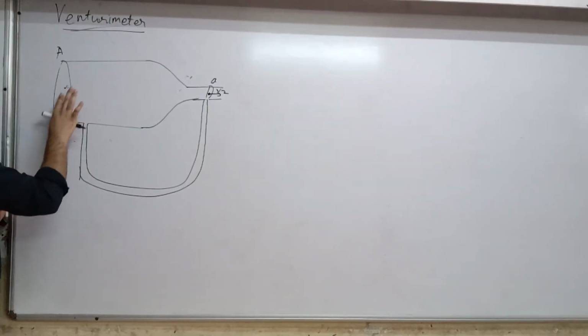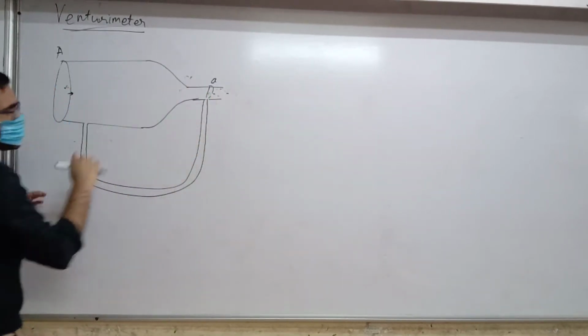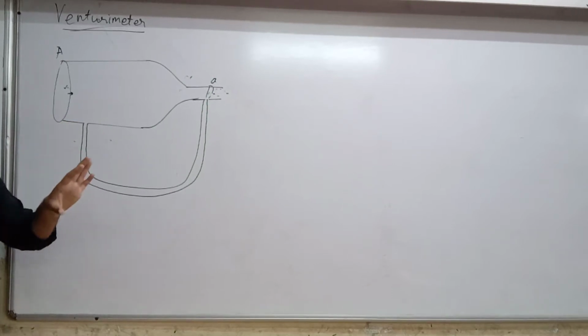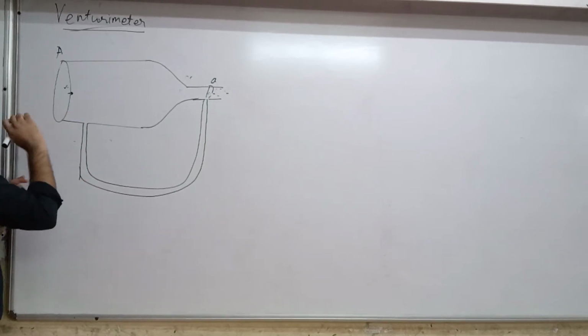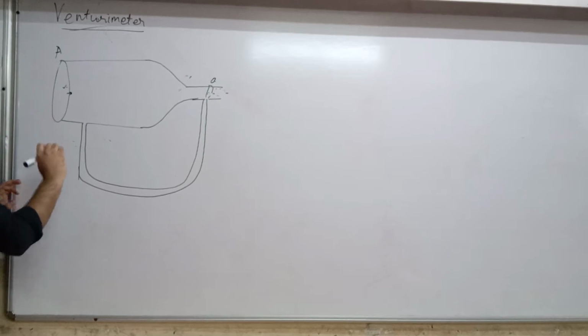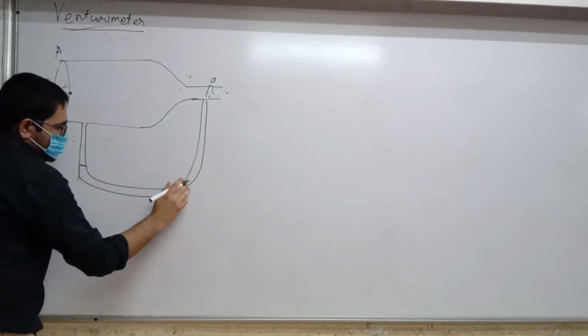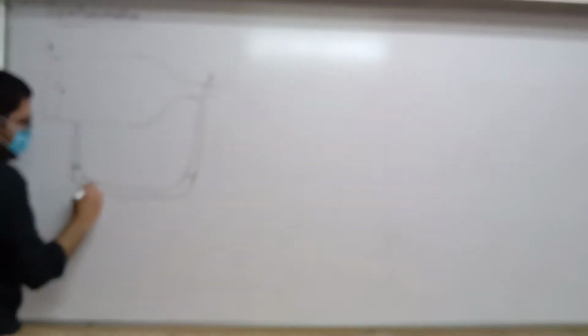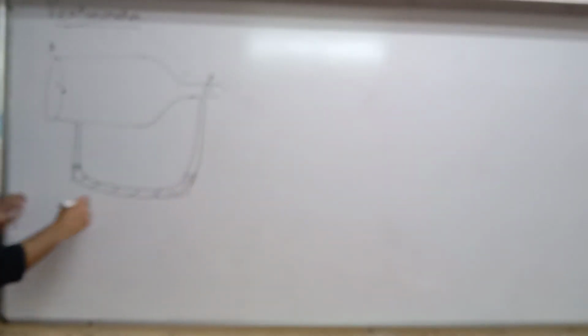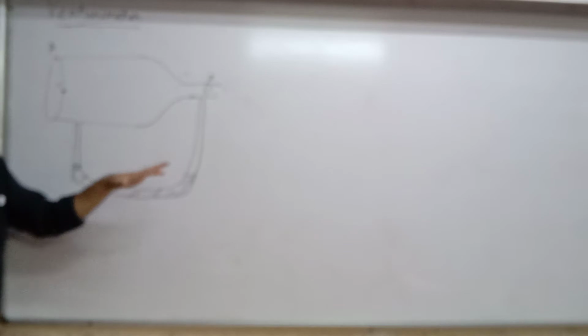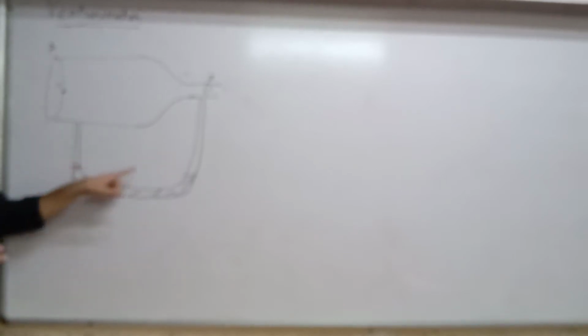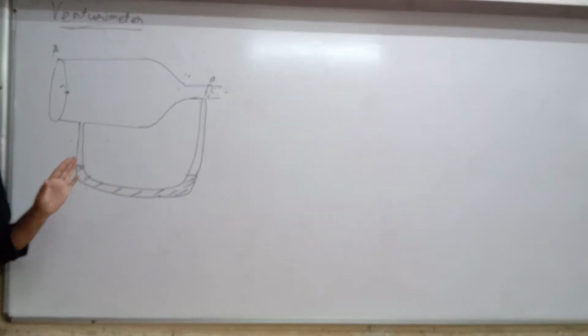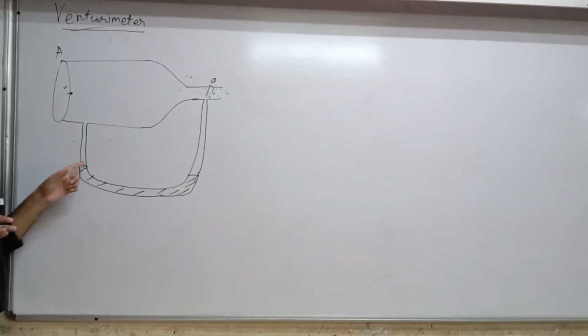First of all, let's consider a case where nothing is moving. Suppose the fluid is not moving. At that time, these arms will have mercury up to an equal level. Why so? Nothing is moving, so everything is in equilibrium. Same height, the pressure is the same. Fine so far.